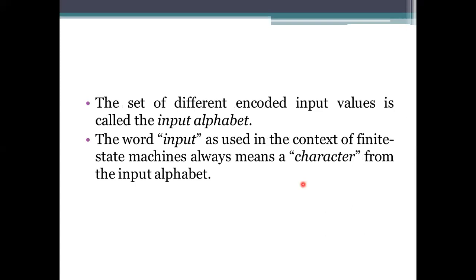Likewise, if we use these input values in this encoded format, the set of all values we use for this processing will be specified as the input alphabet, and an input taken from that alphabet will be specified as a character. What is the input alphabet? The set of input values used in the different encoding. Z, C, other will become the input alphabet. If you choose a value from this input alphabet, we call it a character.